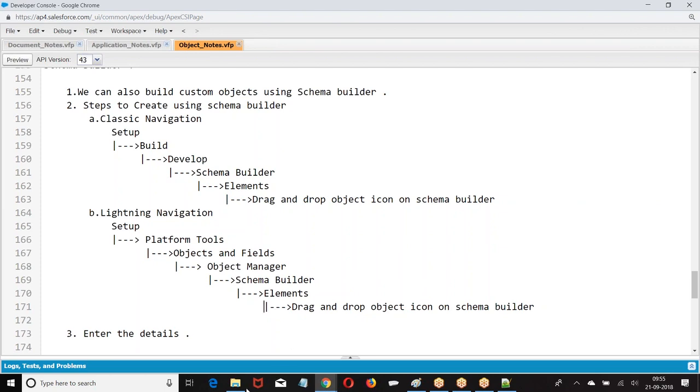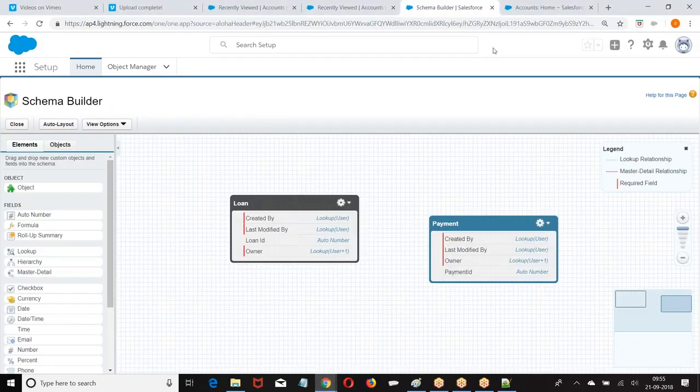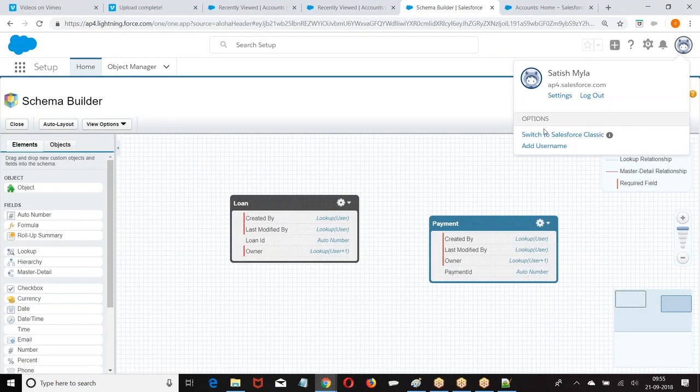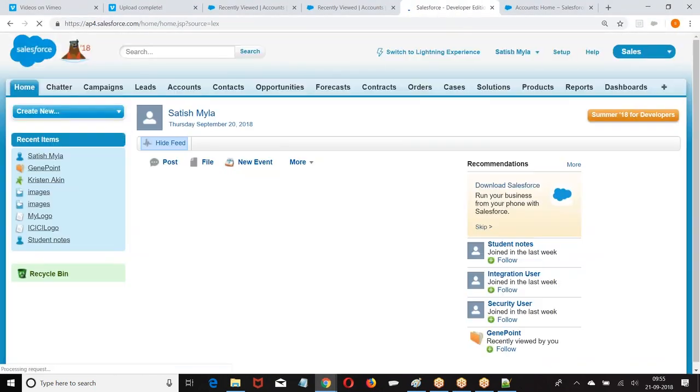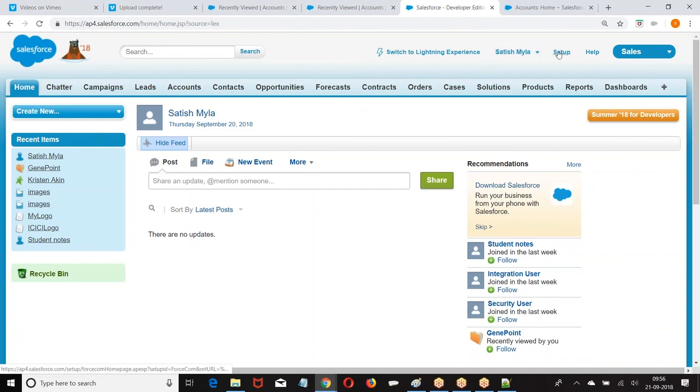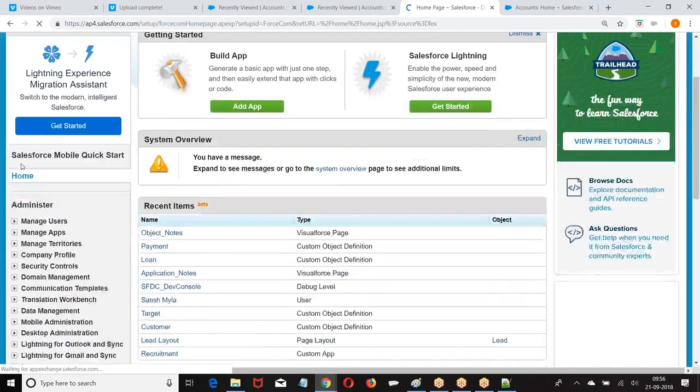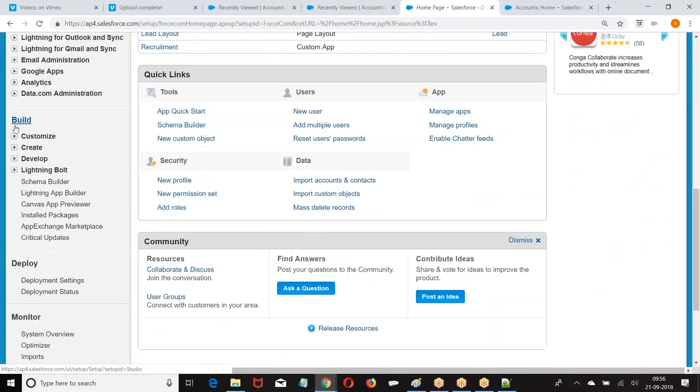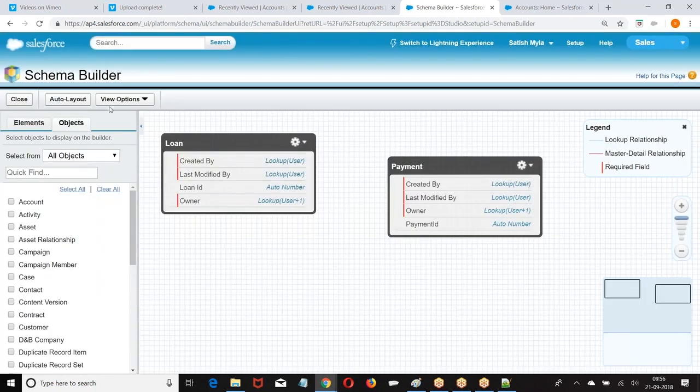People have followed this. Now in Classic, how do you create? Setup, build, develop. Now we have a build lightning bolt, then schema builder.